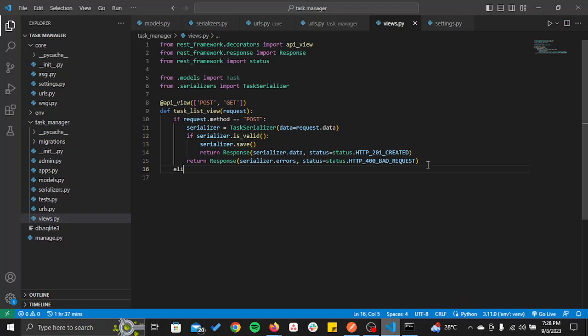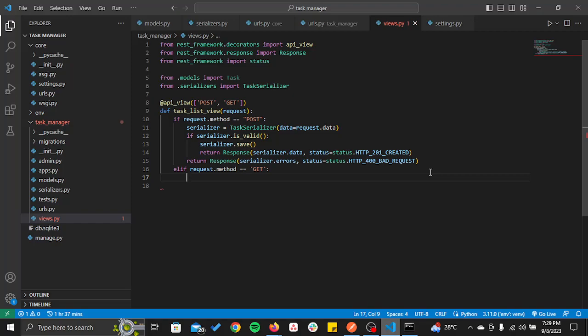Please give me a minute. Okay, so we say elif, and it's a conditional statement, right? So say elif request.method is equal to GET. Great. So if the method is GET, then we are going to do one or two things. So first of all, if the user is trying to get something from our database, then we are going to,